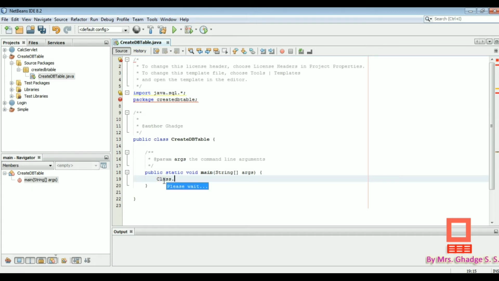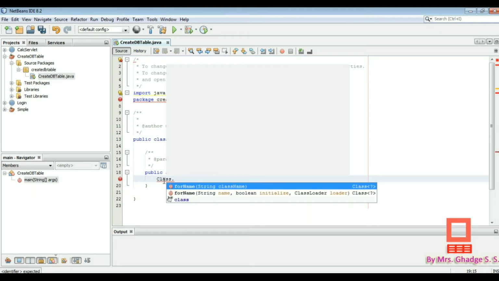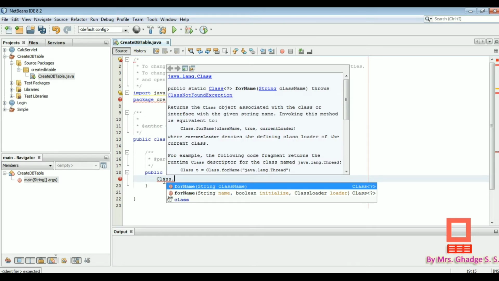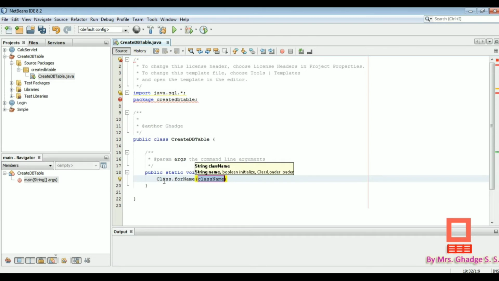So our first statement is Class.forName. This forName method is the one which loads and registers the database driver. So we are using this forName method here, and in the simple brackets we have to write the driver name which we want to load.